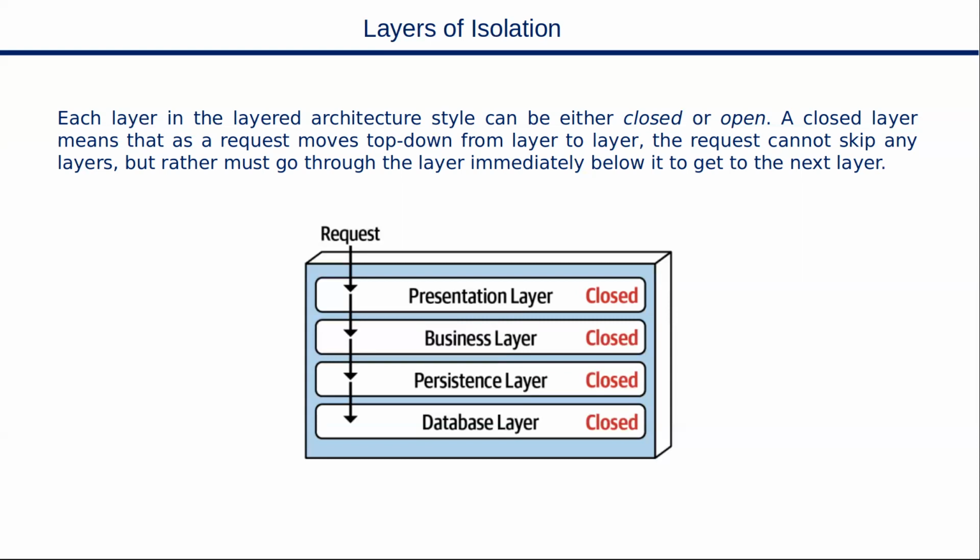A closed layer means that as a request moves top down from layer to layer, the request cannot skip any layers, but rather must go through the layer immediately below it to get to the next layer. So you are not able to skip one of the layers and, for example, send a request from the presentation layer to the persistence layer. If you try to do this, what are the consequences? Why should we not skip this? Is it a good approach or not? If you skip and, for example, do something like